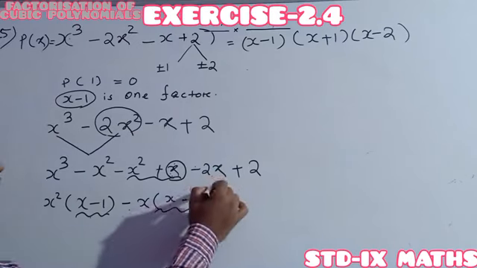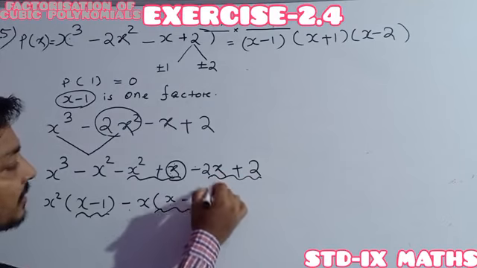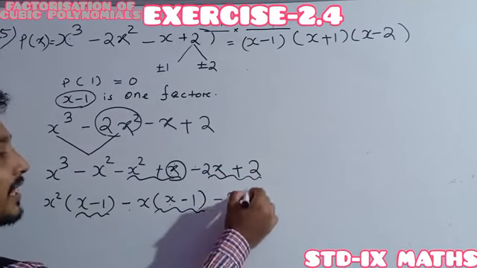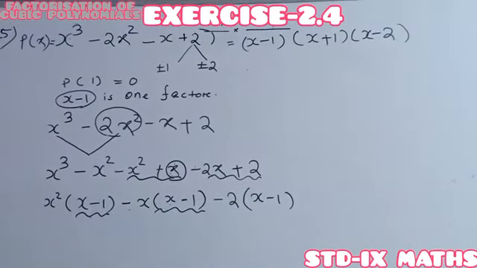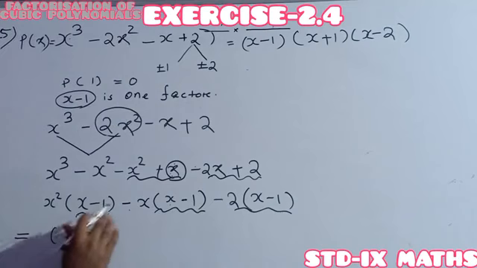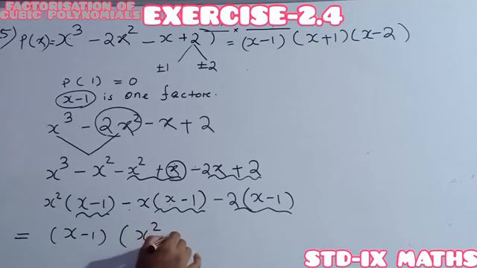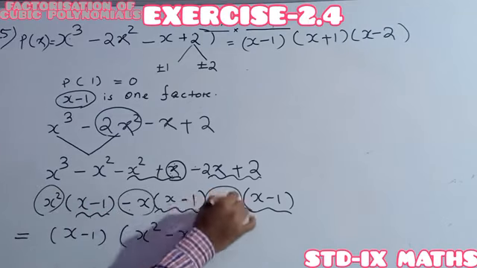Okay? And now from the 2 also we have to find anything common. Which one can we take as common? Minus 2 we have to take as common. Whenever minus 2 is taken, here it will be x minus 1. Now the total has been reduced to 3 terms, and in the 3 terms everywhere we got x minus 1 as common. So from the 3 terms, the binomial x minus 1 is common, so within the bracket we can take x square minus x minus 2. Non-common is this one, non-common is this one, non-common is this one.